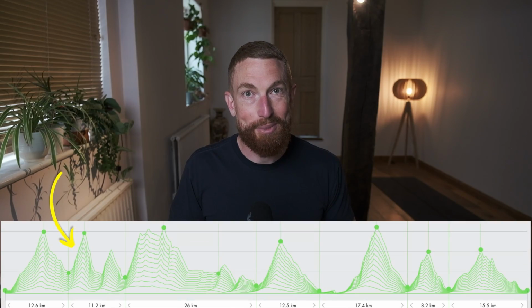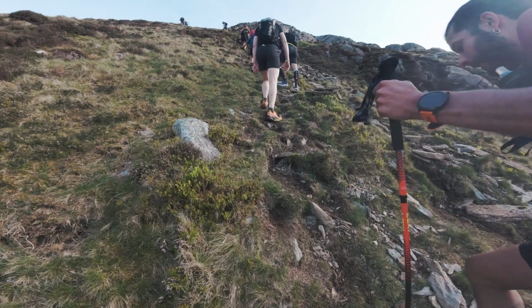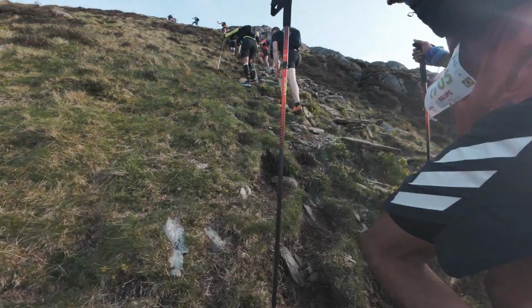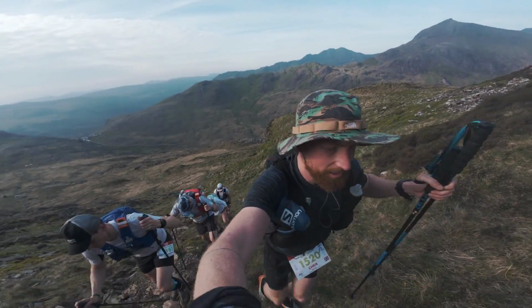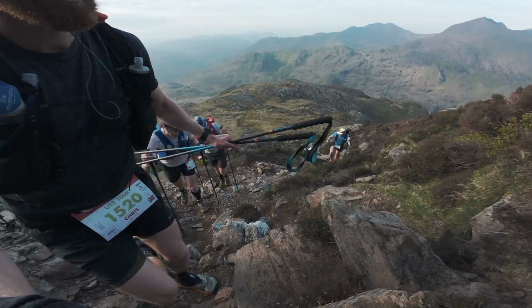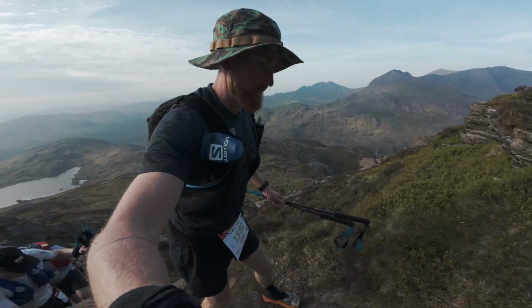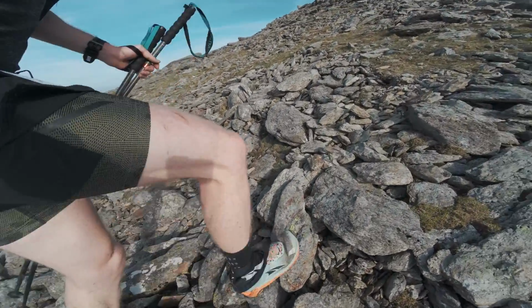That's a good thing because the second climb, Glider 4, is tough. It's very steep and it just seemed to go on for a long time. That was the first time that I got some clues that maybe my body wasn't firing on all cylinders. I'd come into the race with a chest infection and it was definitely still lingering, so I wasn't feeling great going up those steep climbs and I couldn't really catch my breath. It was, however, beautiful, and we were greeted with some amazing views at the top